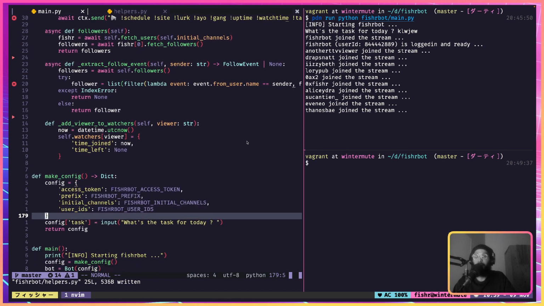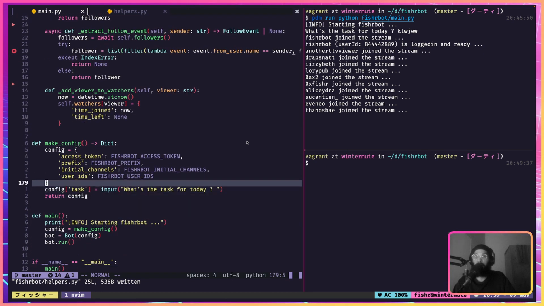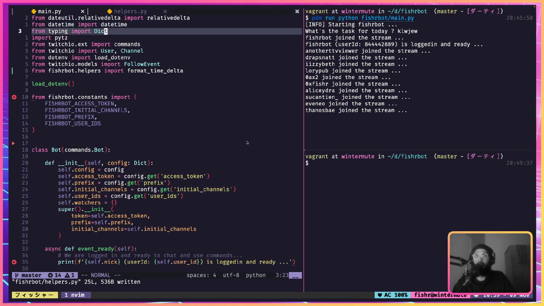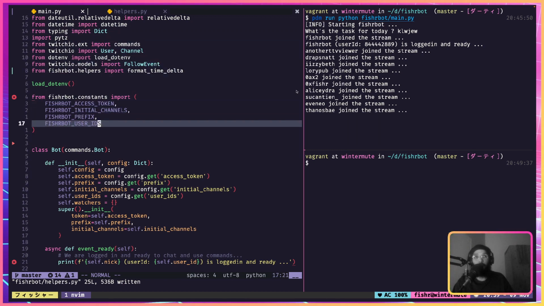So the make config is done. All right, now let's see if we can add colors. Also, one thing I've noticed is that some of these usernames are bots, because I've seen